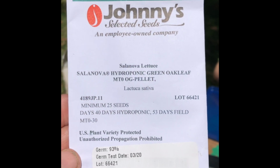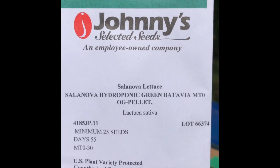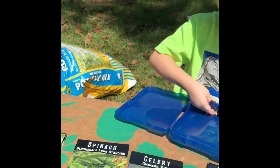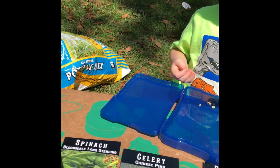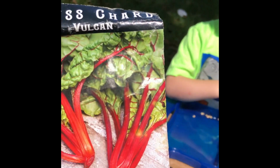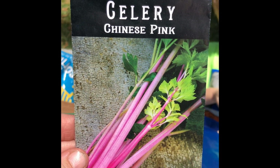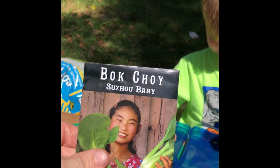This is what we've got in one of the Greenstalks. I've got this Salanova lettuce, this one, I've got a mixed lettuce that they gave me free with the Greenstalk. And then I've got some Paris Island, which is like a romaine. I did some Swiss chard, which I really love. I know not everybody cares for it, but I love it. I got some Bloomsdale long-standing spinach. Did some pink celery. I tried to do these as seedlings and they did not work out, so I'm hoping that maybe out here they'll do better. Did some bok choy